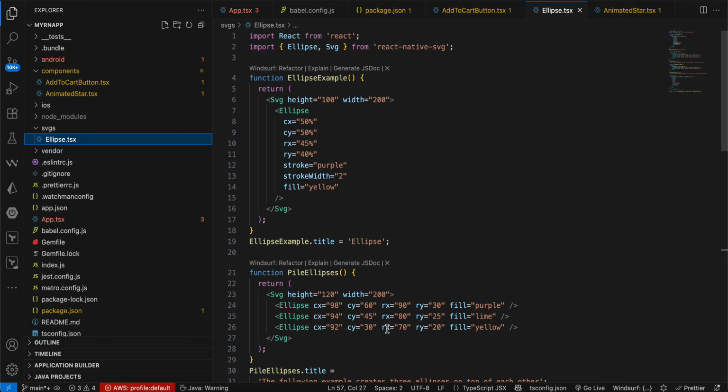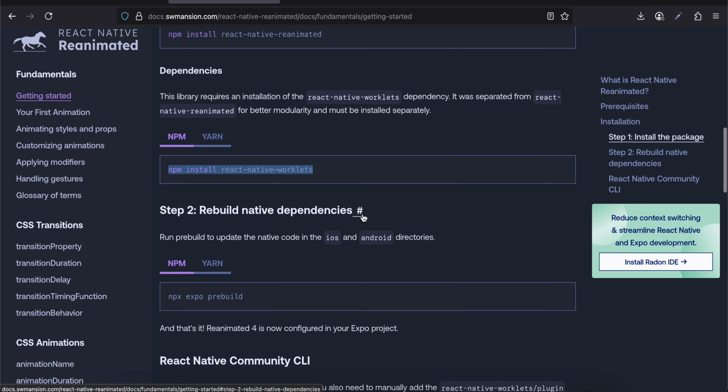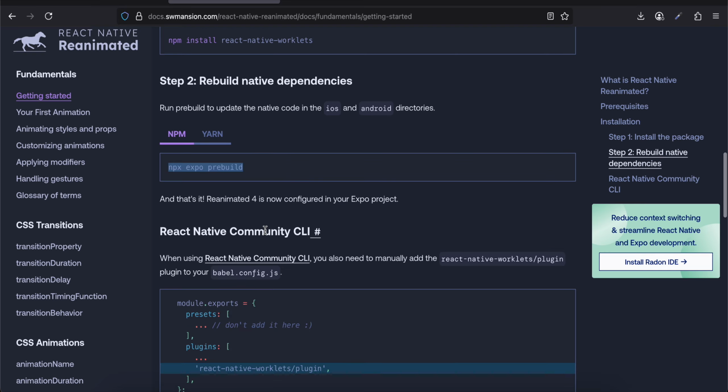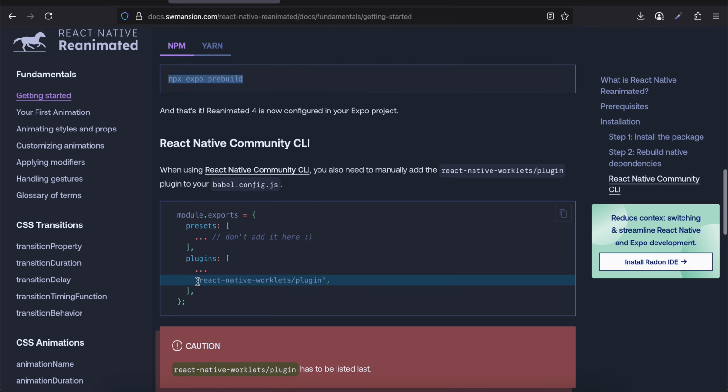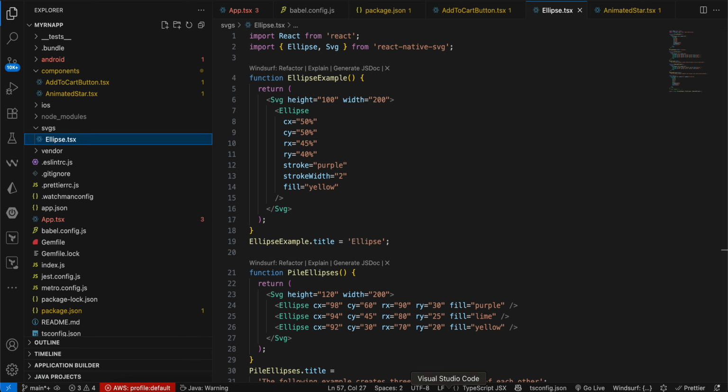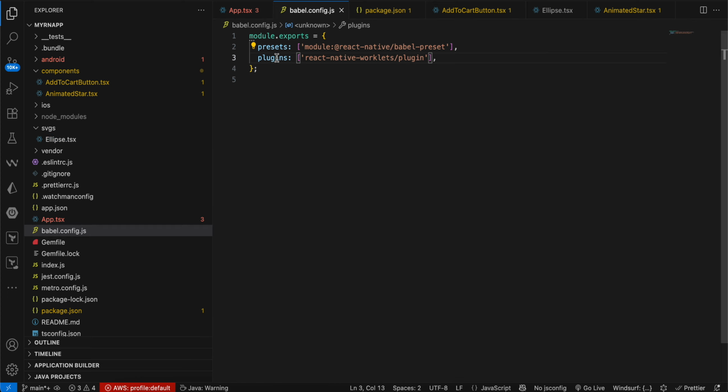Now the next thing you need to do, if you are using Expo, is run this particular command, npx expo prebuild. I have not run this command because I am not using Expo, I am using React Native Community CLI. If you are using React Native Community CLI, then you need to add this particular bit of code. Go to babel.config.js and make sure you add this particular line of code as well. Once you have added this,